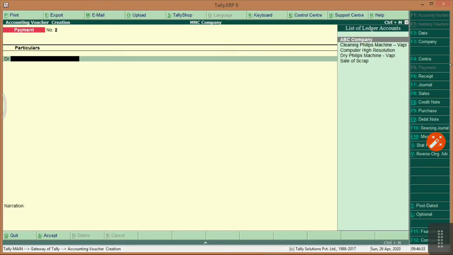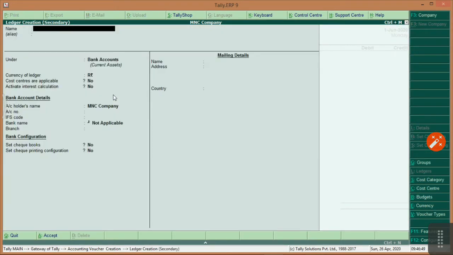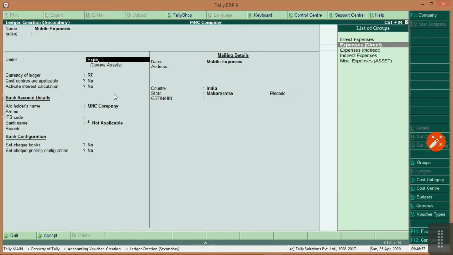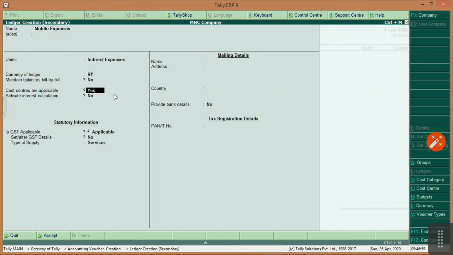Whether Tally will accept negative cash payment entry? Just here. Okay, bank payment I will select, accounting voucher, and bank payment. Okay, payment voucher is selected, and here I want to create the ledger. Mobile expenses, indirect, cost center, yes.